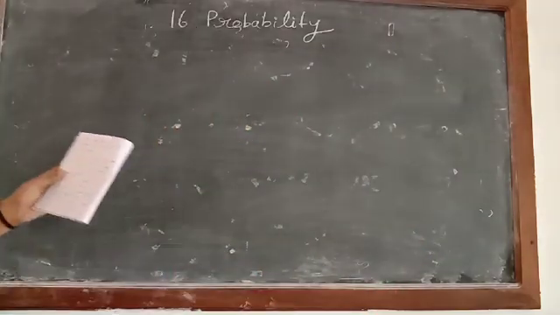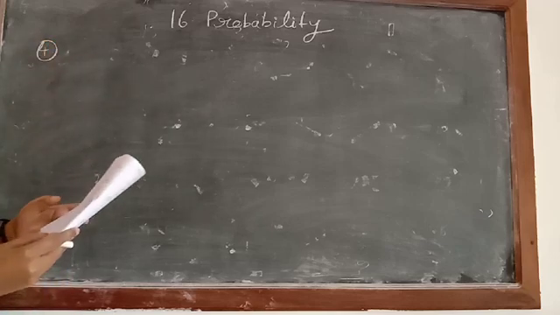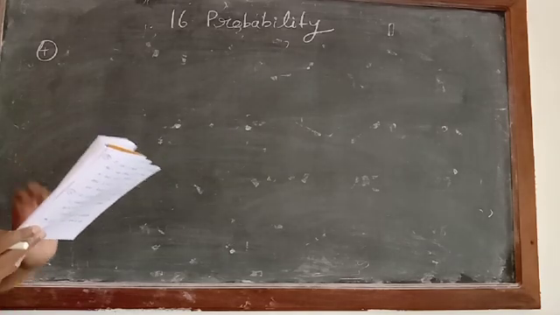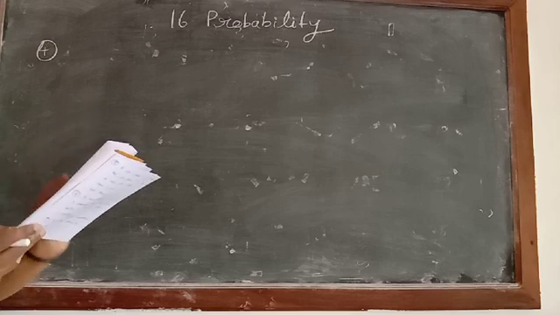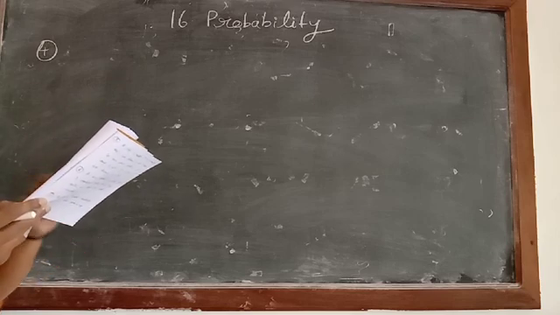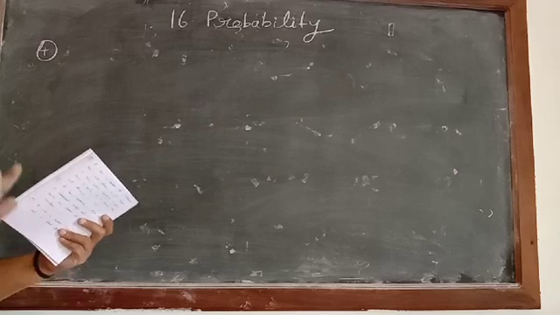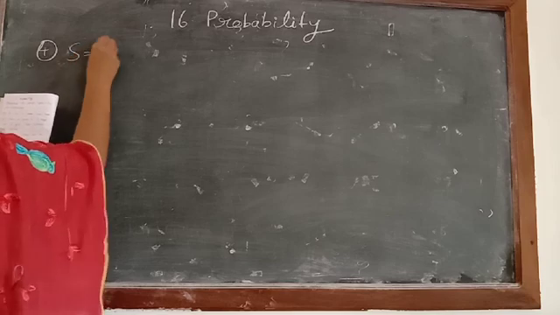In question number 4, it is written a coin is tossed twice. If the second throw results in a tail, a die is thrown. What did they say? A coin is tossed twice, and then you have to check if the second throw results in a tail. If head is there, then no condition is given. So if head is there, then directly we can write it down.